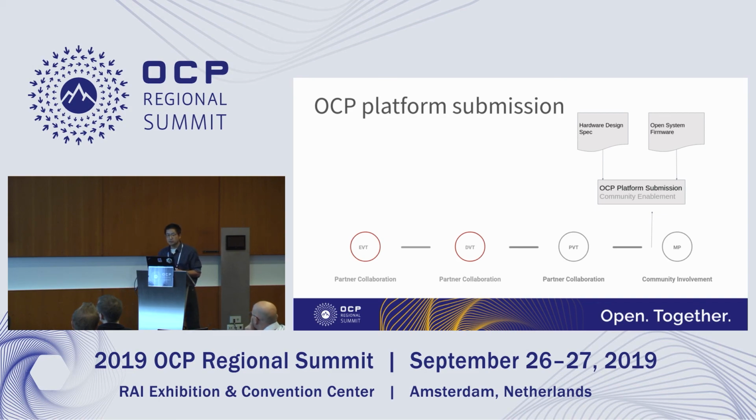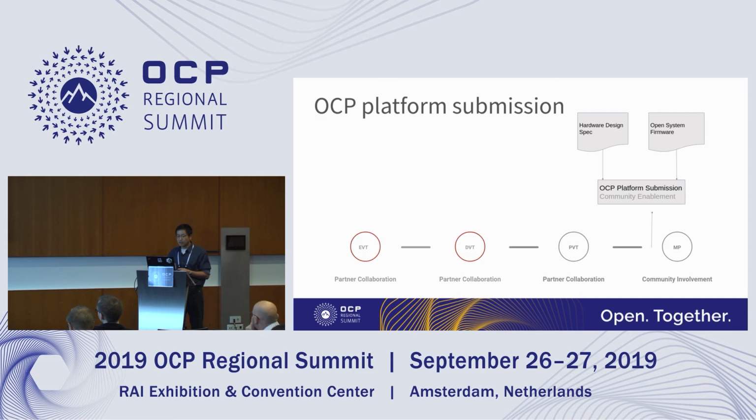So what it means by OCP platform gets submitted. So the checklist include hardware design specs, schematics, everything you need to rebuild a platform by any other company. And in the meantime, this new OSF request is that you also need to have an OSF software there to enable other people to be able to work on this platform, to be able to power it on.